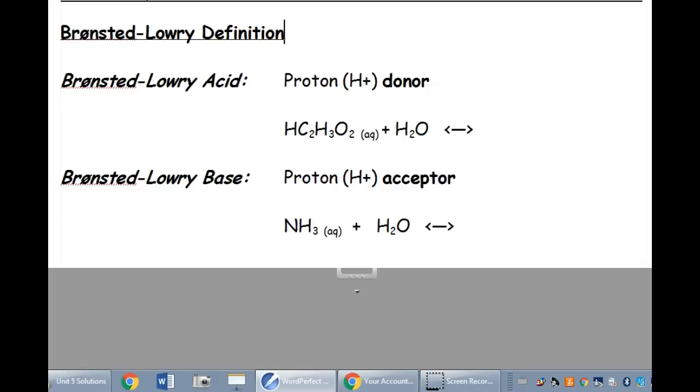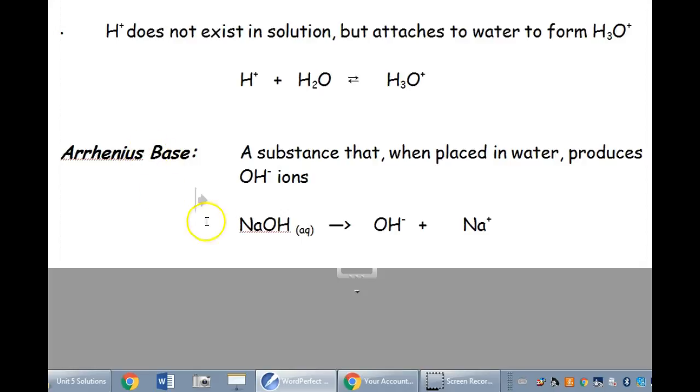So you'll notice here that in the case of the Bronsted-Lowry base, I'm going to come down here and talk about Bronsted-Lowry bases, right? You'll remember that our Arrhenius definition talked about a substance that would release hydroxide ions in solution. Let me go back to our note on Arrhenius. If I look at the formula for an Arrhenius base, NaOH, I can tell very easily that it contains the hydroxide ion,